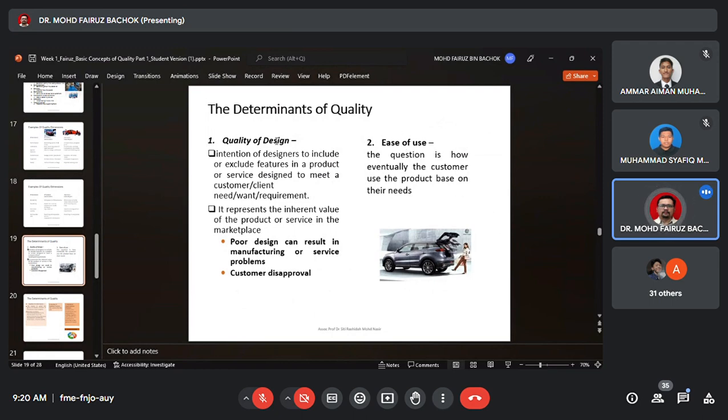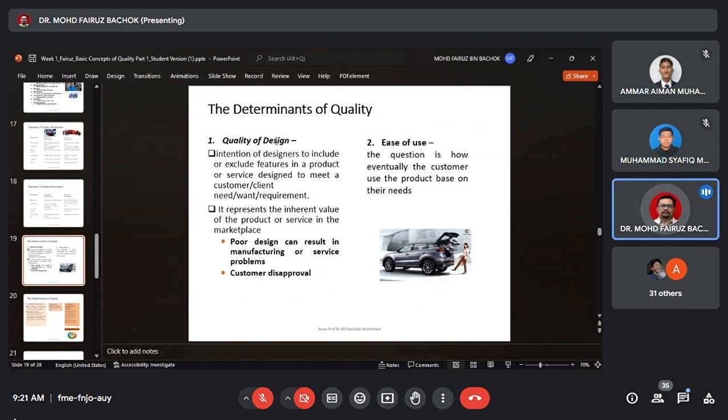The determinants of quality. The term quality here means what determines quality. These are the criteria that determine whether the quality is high or low. The first one is the quality of the design. It means that for a product, let's say you want to know